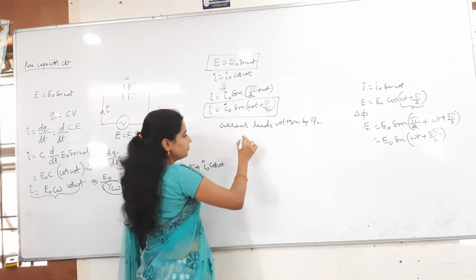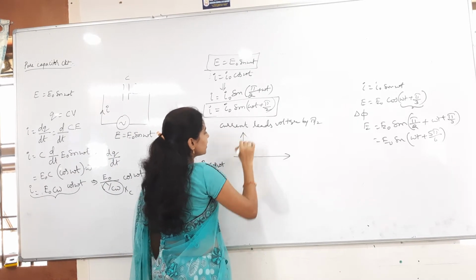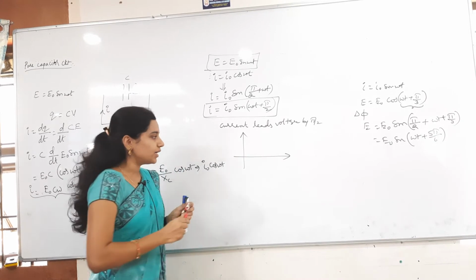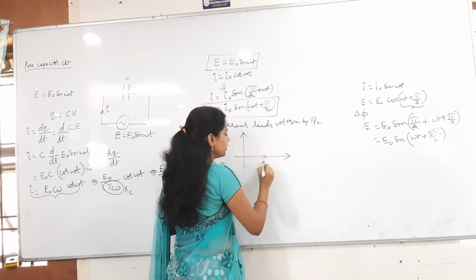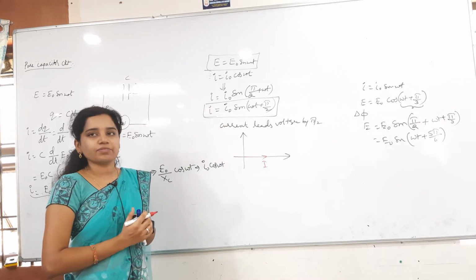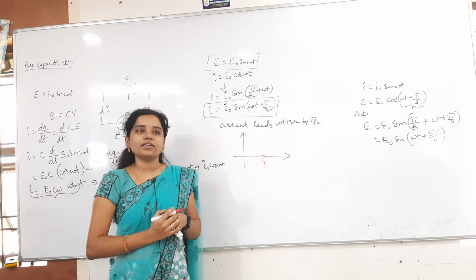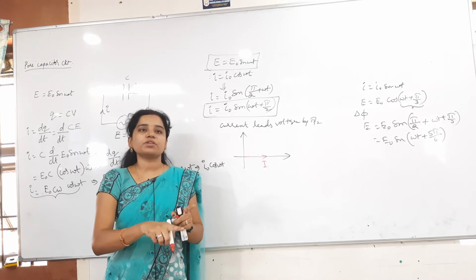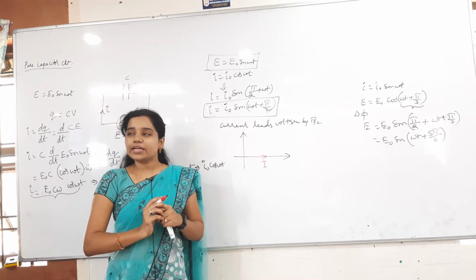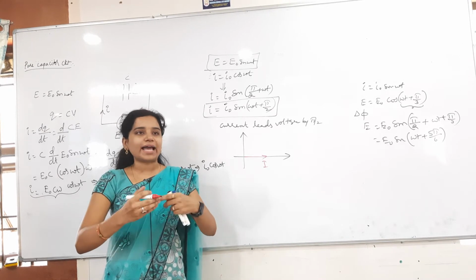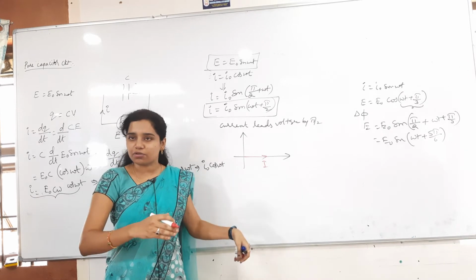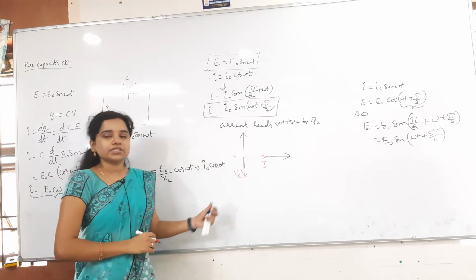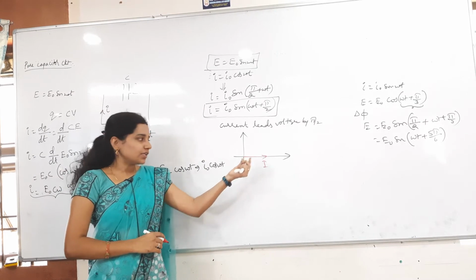Now the phasor diagram. I said that always along the x-axis, who will come? Current will come. So along the x-axis, current I is there. Now who is leading here? Current is leading. Who is lagging? Voltage is lagging. Lagging means the voltage should come along the negative y-axis. Why? Because lagging means it is already below. So the voltage should come here, VC, or EC I can take. Clear?